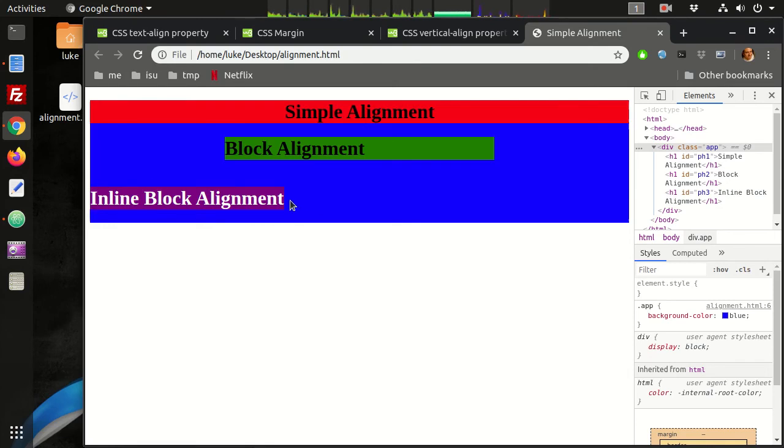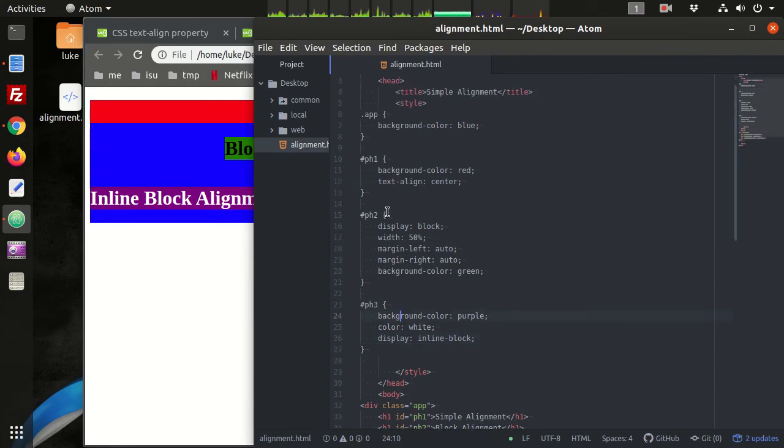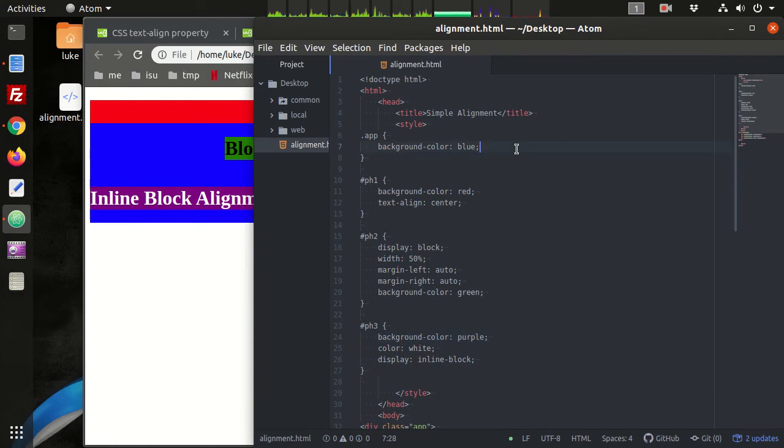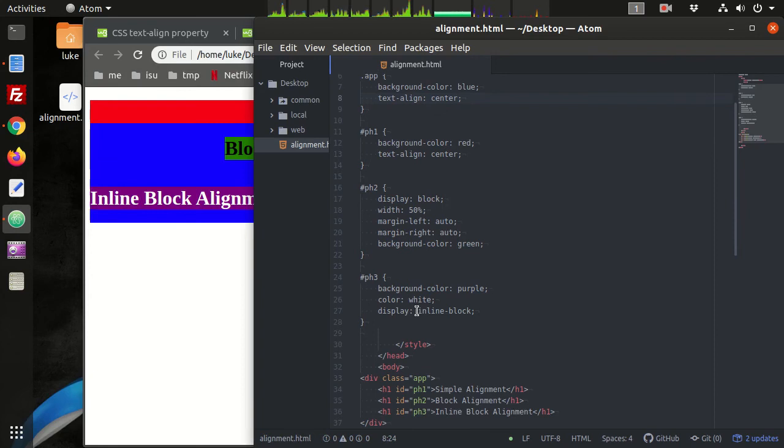Now with an inline block element, I can center that with text align using the parent. So if the parent element, app, has text align center, then I can center any inline style element.